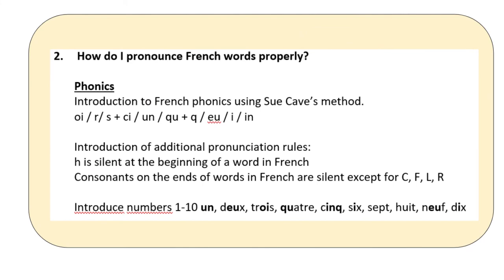At certain points within the scheme of learning, we included a lesson where the phonemes and corresponding graphemes were introduced with the learning objective of how do I pronounce French words properly. These lessons gave the teacher the opportunity to spend time introducing new phonemes and giving the teacher sufficient time to practice linking them with the action and the image and the corresponding grapheme in the context of the language from